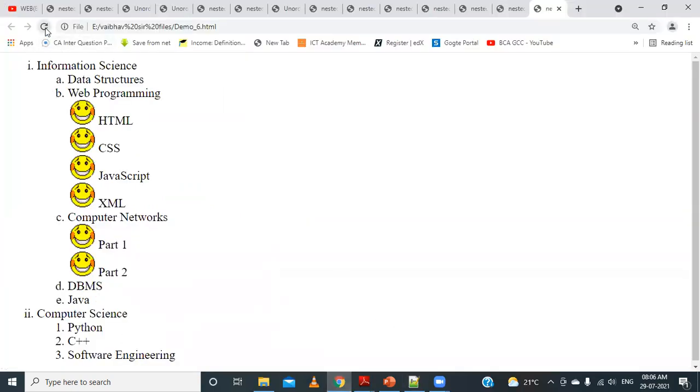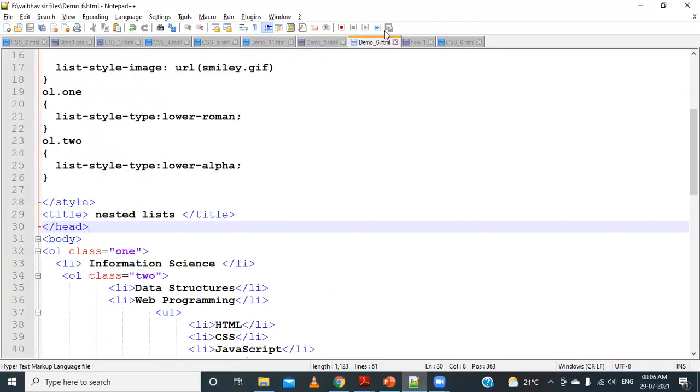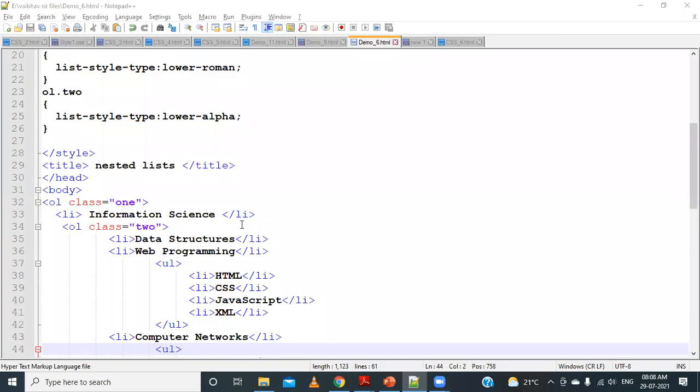If I run this now, you can see that for all of this, we have used A, B, C, D, E, and so on. So now we use the classes for this ordered list, and we have given it as 1 and 2.